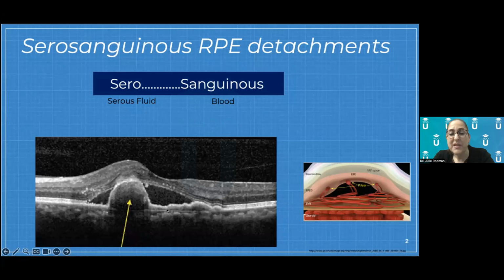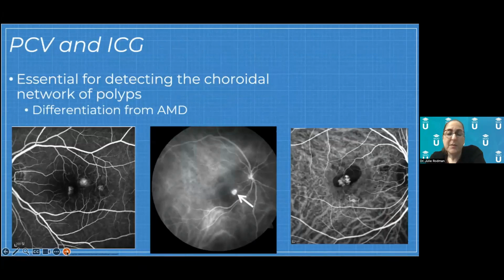Leading to this area here, which is the choroidal neovascular membrane. So as the RPE detachment breaks and settles, it's going to lead to a CNV. And this black area is fluid, again, because there is a choroidal neovascular membrane there. The best way to diagnose this condition is actually with indocyanine green because it's a choroidal disorder. When you have something living in the choroidal space, the best way to image it is with ICG, which tends to get better penetration into the choroidal space.